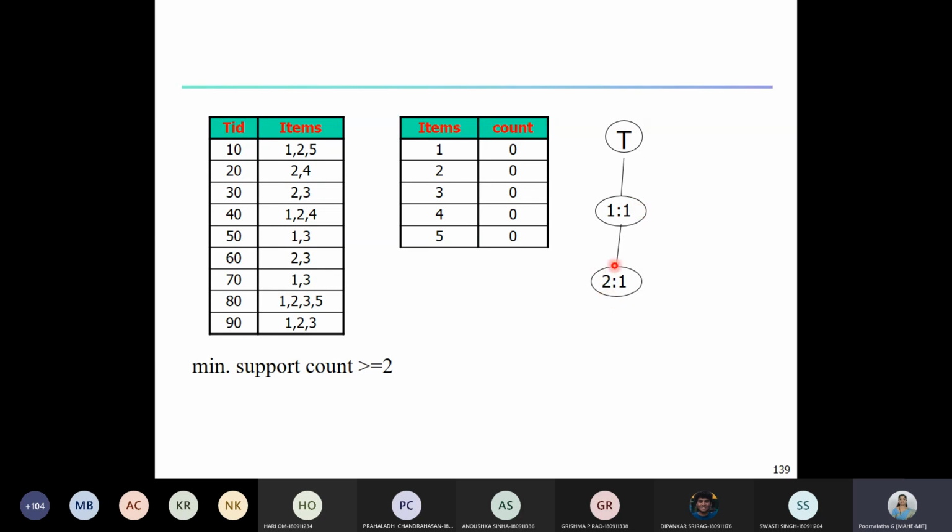Then after item 2 in the transaction we have the item 5. Item 5 becomes the child of this 2. Its count is 1, and the sibling pointers of all these nodes are null right now. After 5 we don't have any other item in this transaction, so the child pointer of 5 is also null.